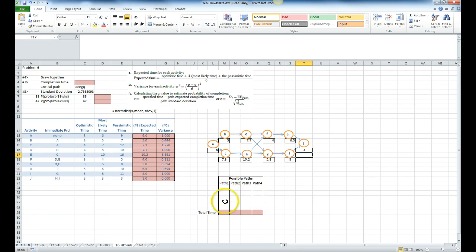And then you want to find out which of your paths is the longest to figure out your critical path, because you're going to need that in order to move forward, to find out, first of all, the total completion time, and second of all, the critical path. Okay, so you've got